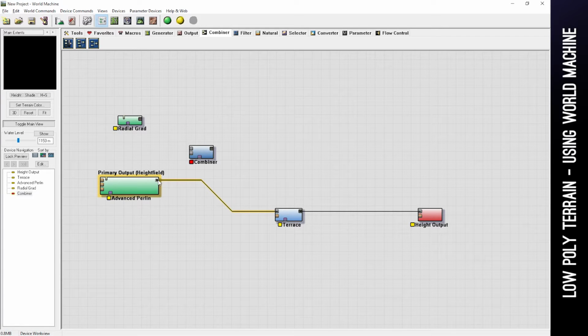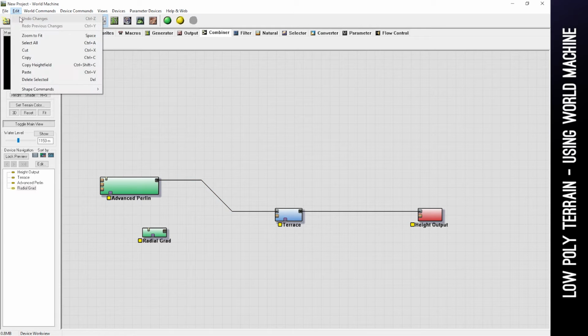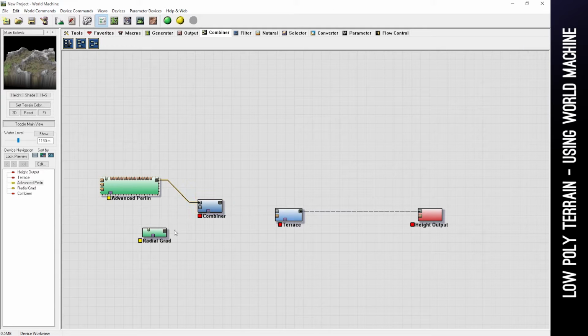I'm putting a combiner. I'm going to connect the Perlin noise generator there and the radial gradient there. I'm going to move stuff around a little bit. Get rid of this. Oh, wrong. Oh, I can't undo. Anyway, I wanted to delete this. Delete. I'll do that again. Combine. Whoops. There we go. Connect